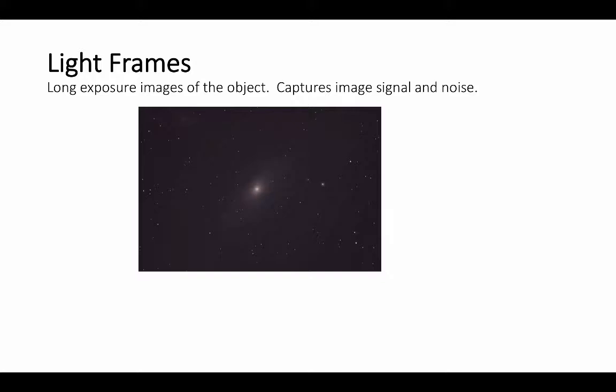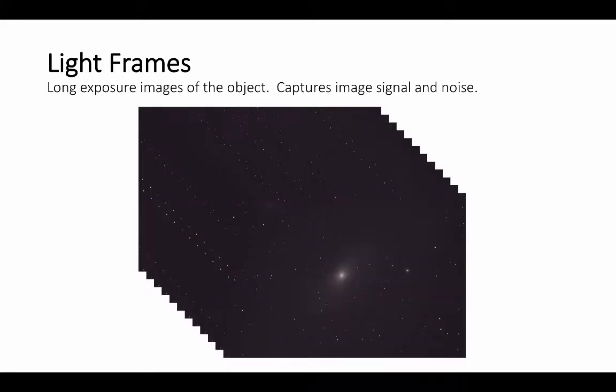This is what a single frame of the Andromeda Galaxy looks like. It looks almost nothing like the final image that we're going to get when we capture all the frames and process them together. So light frames are long exposures. They have both signal and noise, and the idea is to capture a lot of them, using the same parameters on the camera, and just shoot over and over and over again. By capturing more data, you're capturing more signal. You're also capturing more noise,